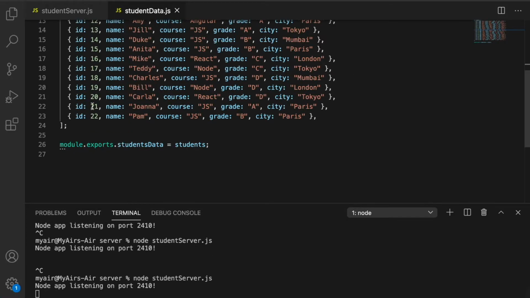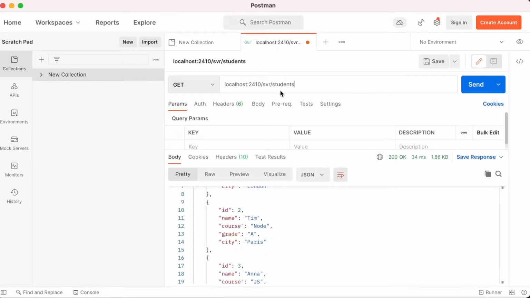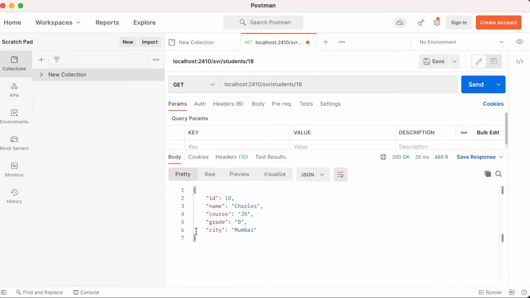And let's say we want to get student ID 19 and 18, Charles and Bill. So let's go to our Postman, students/18. If I send it, you can see we have just gotten this JSON for student 18. If I make it 19, I get this. Let me give some other, say 251. Now there is no student with that ID.